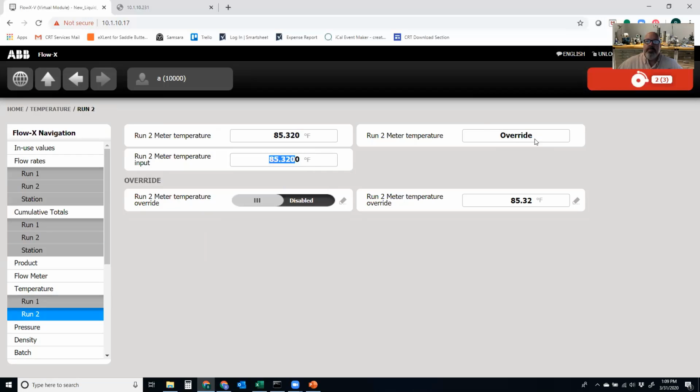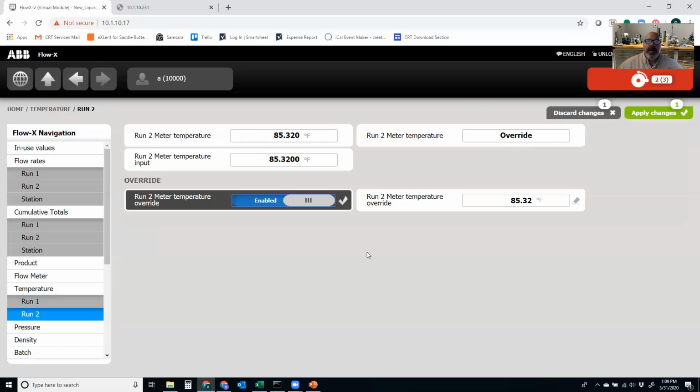If it was an analog input, it would say analog. If it was HART, it would be HART. And I can throw it into override at any time. I hit enable. Now, you see that the color changed from gray or white to black, meaning that, if I look up here, I have a change, but I haven't applied it yet. So I can either hit the checkbox locally next to it, and that will apply it right to the flow computer, or I can